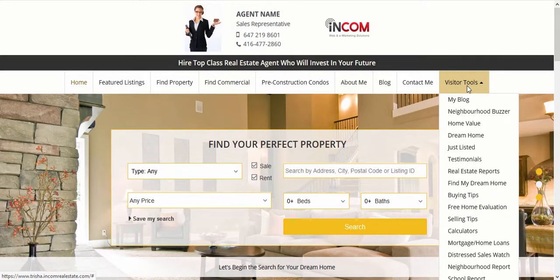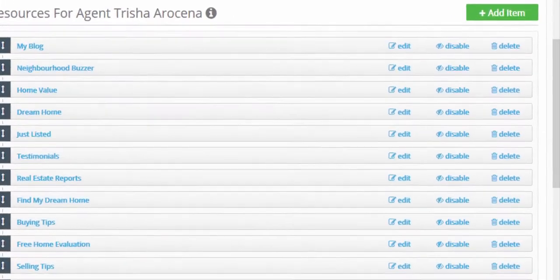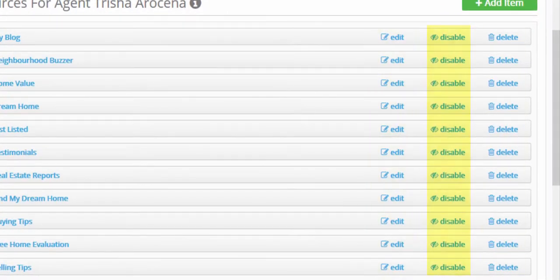So let's go back to the dashboard. To the right of each menu item, you'll notice that there are three prompts. You have your Edit, Disable, and Delete. Delete is if you want to remove the menu item completely from your list. Disable is if you want to hide it in the meantime and would like to re-enable it in the future. Edit is if you want to change the content, for example, the title or description or destination link of this